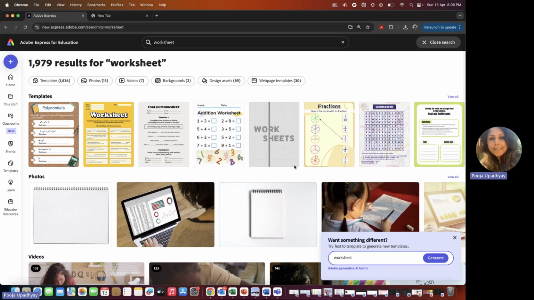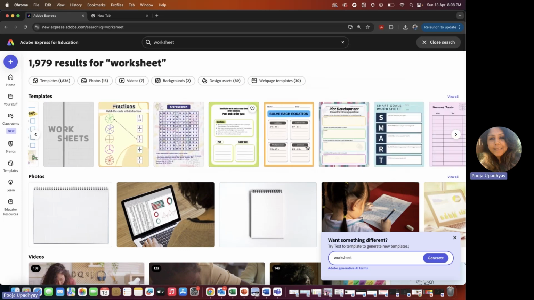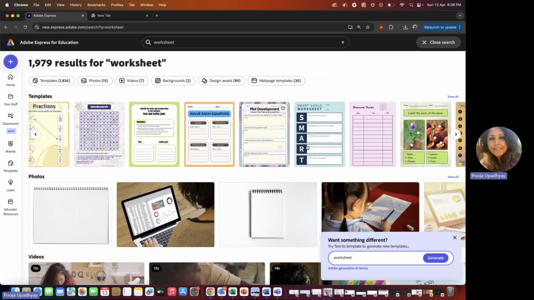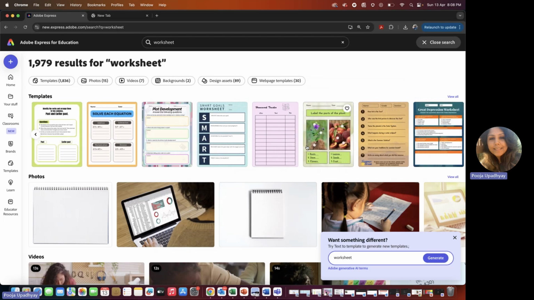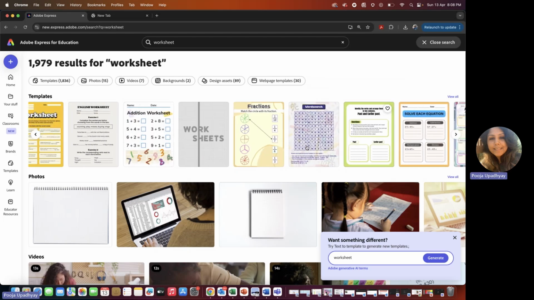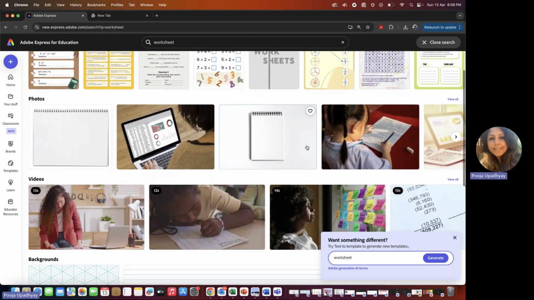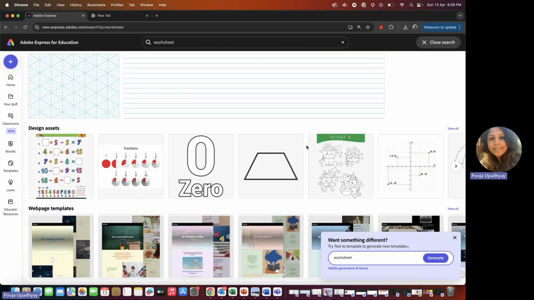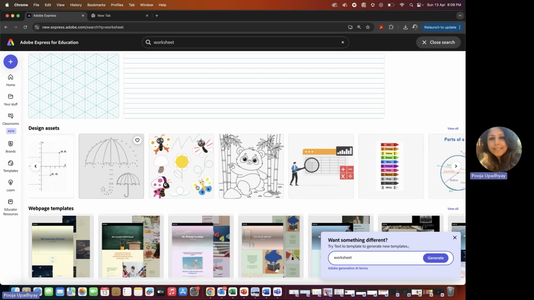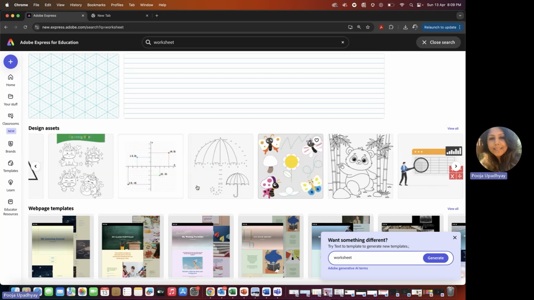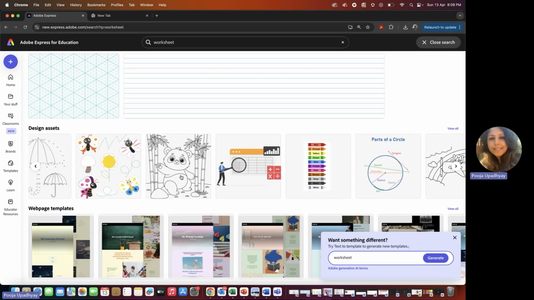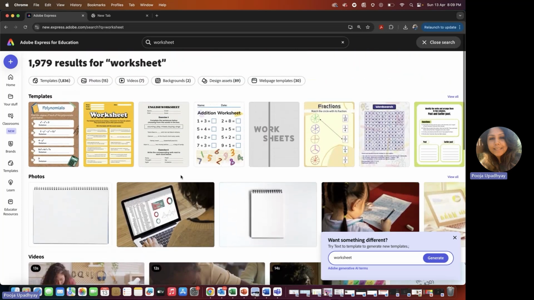So like this, you will have a lot of different templates, and depending upon which template you want to choose and give, you can select that worksheet. You can scroll down, and you will see that there are more worksheets, more templates, and accordingly, whichever you want to select, if you want to give something on graphs, you can select this and so on and so forth.